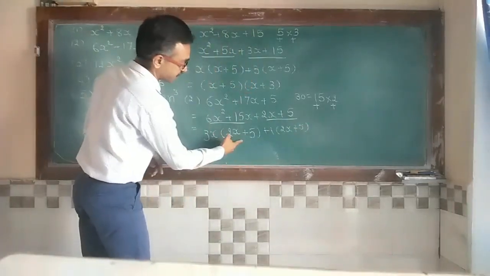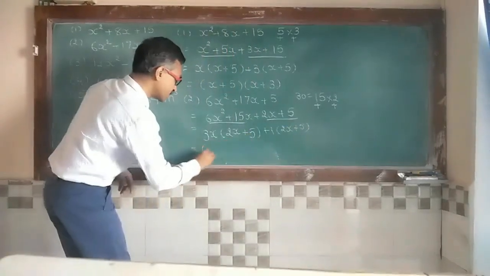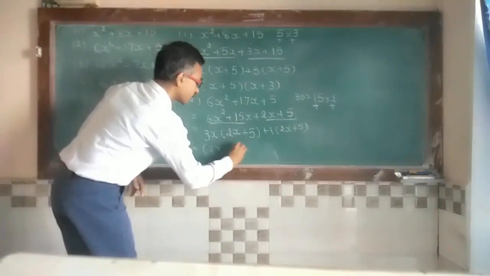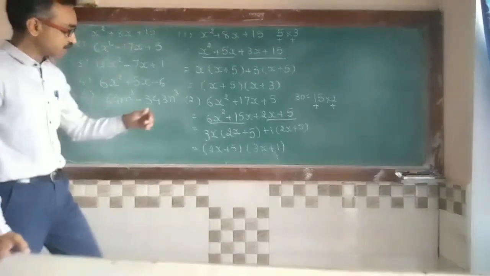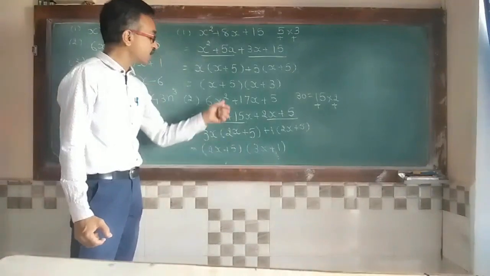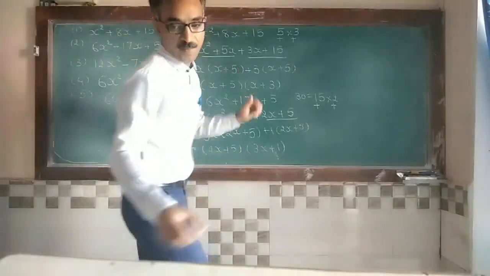Again see that here is also 2x plus 5. Here is also 2x plus 5. That means common out 2x plus 5, and remaining is 3x plus 1. So the answer is 2x plus 5 and 3x plus 1. These are the two factors of this polynomial. Okay. Next is